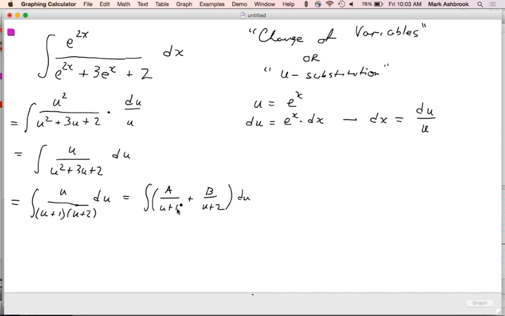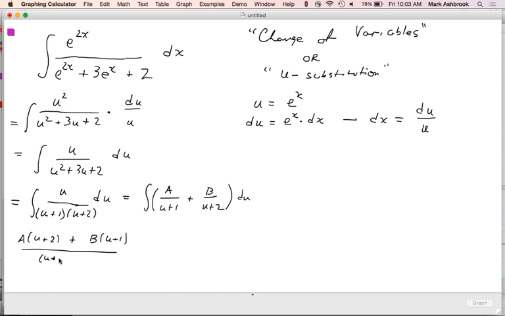To get our common denominator in the first fraction, u plus 2 over u plus 2, right? To get the common denominator in the second fraction, u plus 1 over u plus 1. So that means that A times u plus 2 plus B times u plus 1, all over